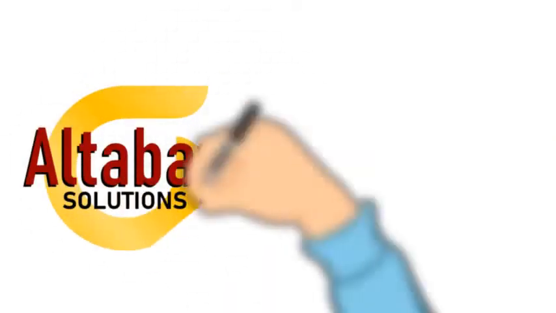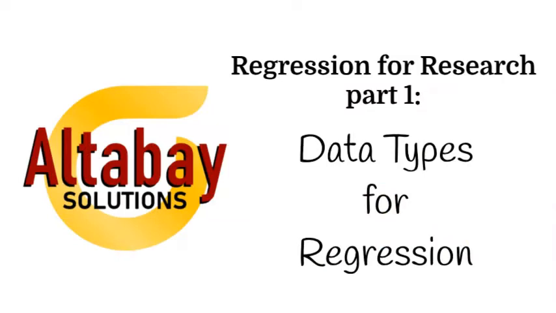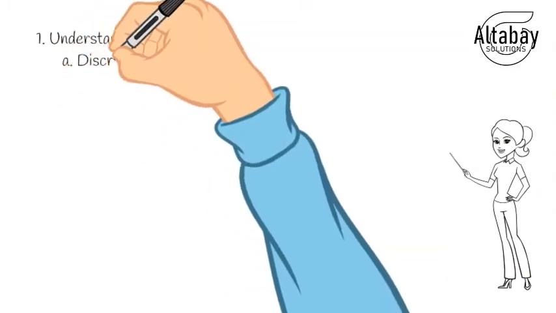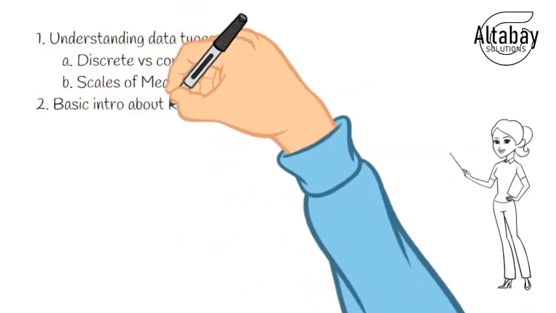Welcome to Altabay Solutions Regression for Research Part 1, Data Types for Regression. Before getting into the types of regression models, we must first understand different types of data and how they are measured to know the valid type of regression to use. So, let's go ahead and talk about the following: discrete versus continuous data, different scales of measurement, and a basic